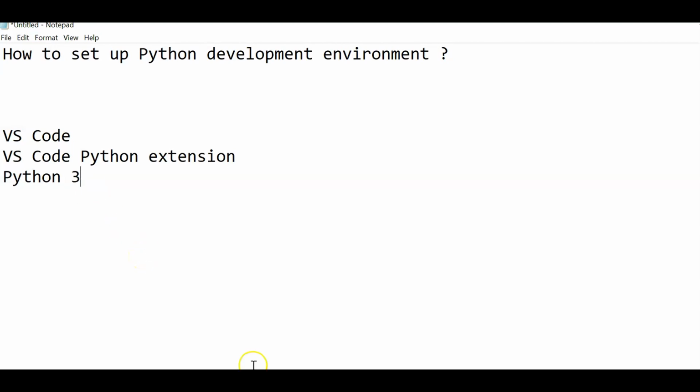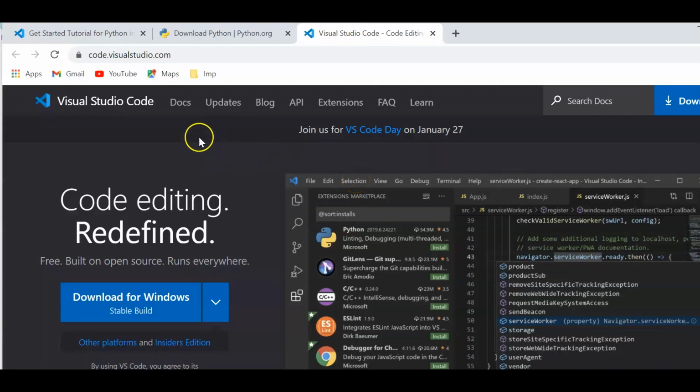First things first, we'll start with VS Code. If you go to this URL, code.visualstudio.com, this is Visual Studio Code by Microsoft, and here you will see this download for Windows link.